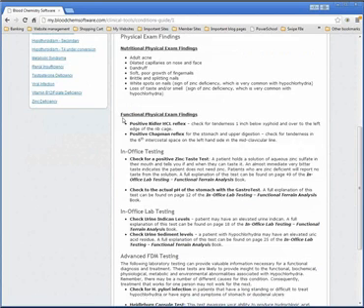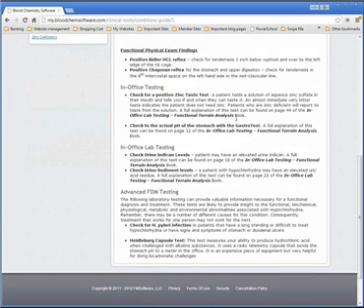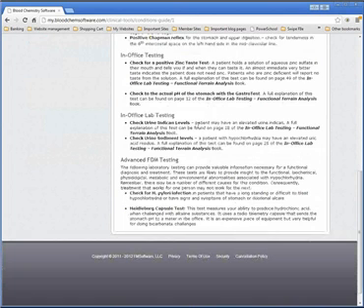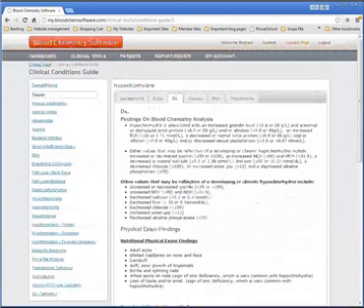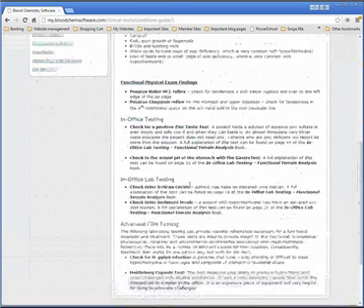What about in-office lab testing? I've written books on in-office lab testing, so I'm going to refer you to books that I've written in the hope that you go out and use those in your offices too. Advanced functional medicine testing. So this becomes kind of like a little diagnostic tool that you can use to gather